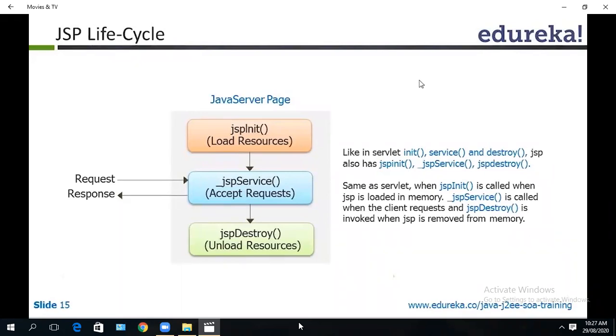It is like a constructor for JSP. The next thing is _jspService. It is basically used when any request is received from the client, and just before the JSP is removed from the memory from the application server or web server, then you call jspDestroy, right? It is absolutely the same, right? You need not write these methods, but it is automatically done. It is automatically called, right?